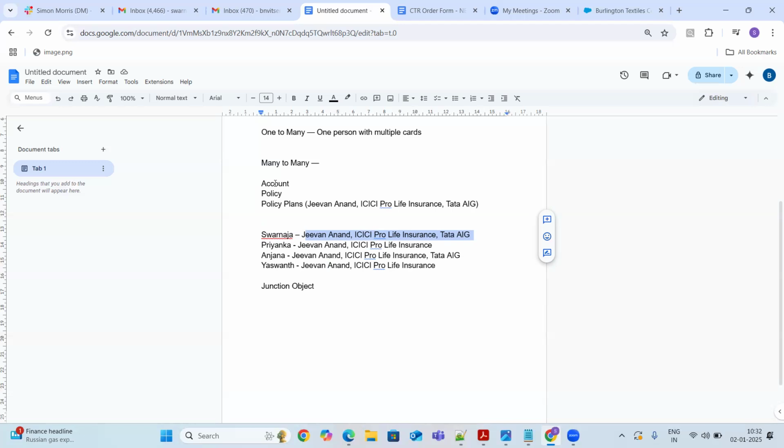If you don't establish many to many relationship, you can't associate one plan to multiple customers, or the other way, you can't associate one customer to multiple plans. If you want to do both ways, then obviously you need a many to many relationship, which is possible using a junction object.